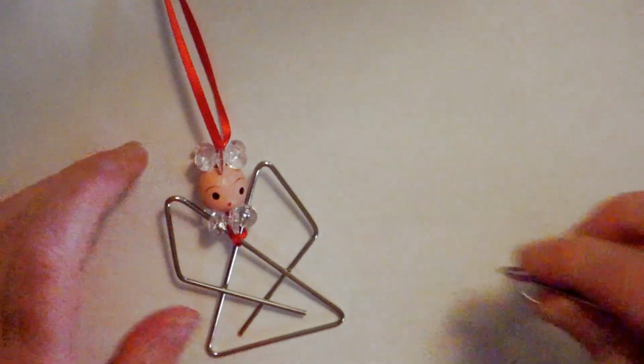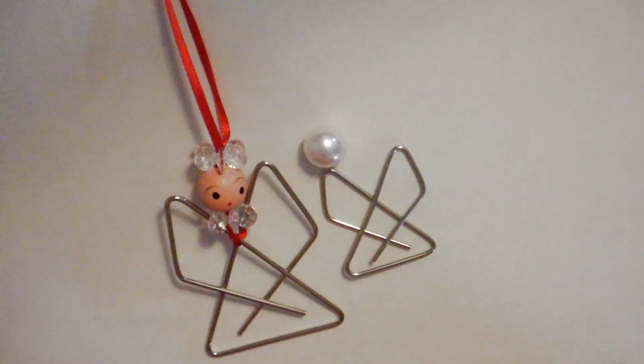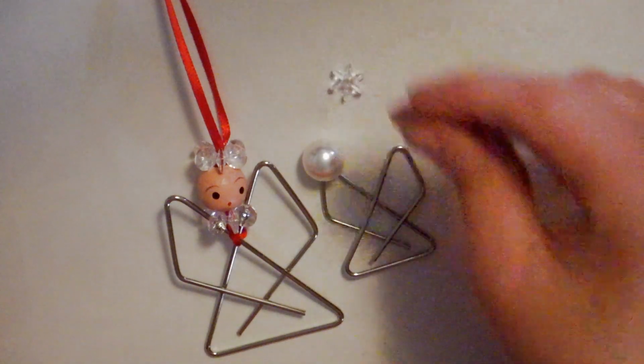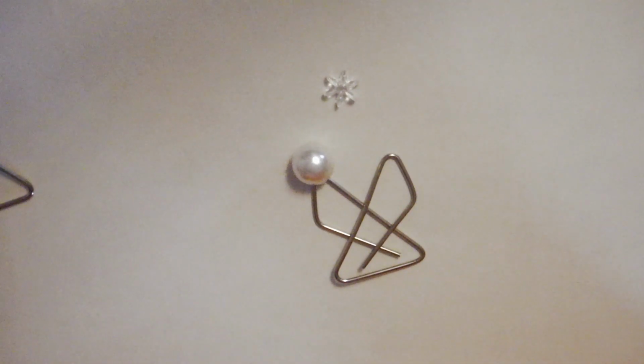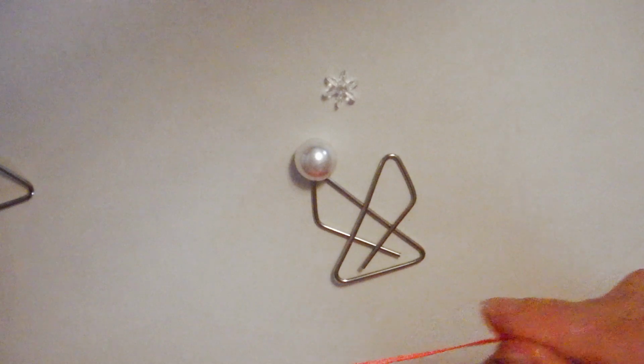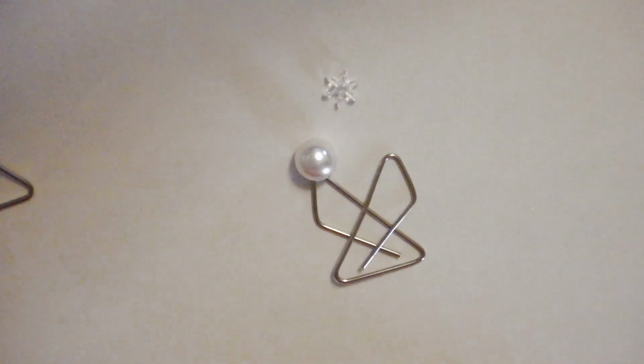a different size butterfly clip, a lot smaller. And I'm just going to use a pearl head, and I think I'm just going to use the one snowflake bead for the crown. So I am taking a length of ribbon, still pretty much the same length of ribbon that I used before,